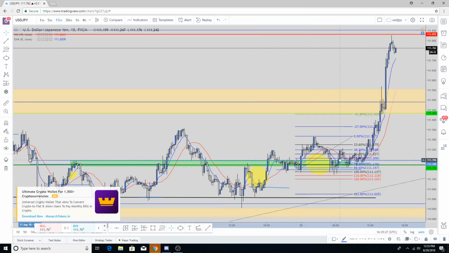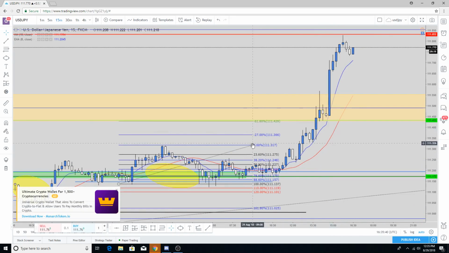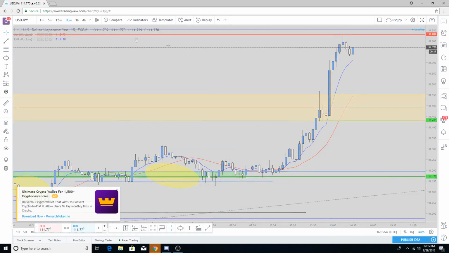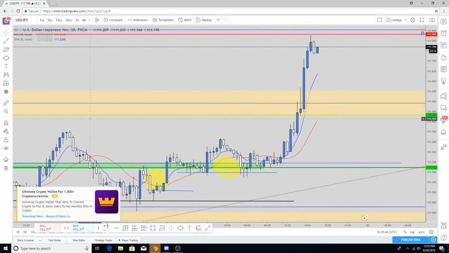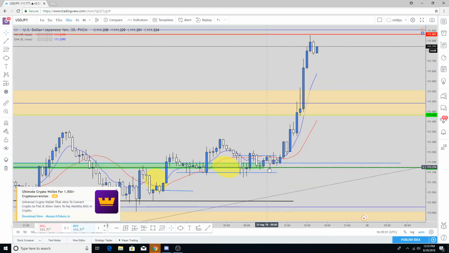my entry was actually right here once this bullish candle closed, but I have my stop loss, I believe, a little bit under 110%, so it did get stopped out, if you saw my Instagram story. But other than that, go back to M30. Once this candle closed right here, it's pretty much just a patience game. So right after that happened, the market just took off after this cross of EMAs right here, and then H4